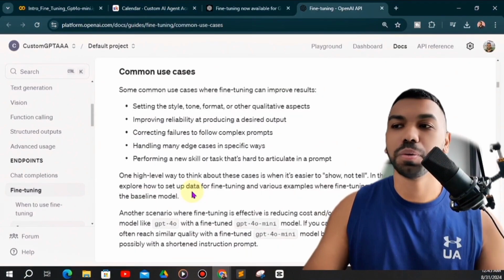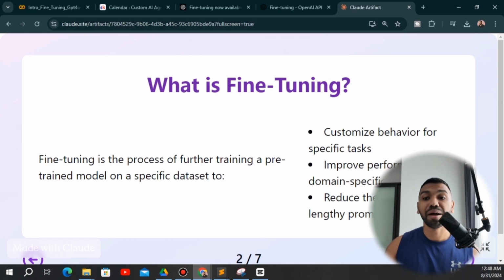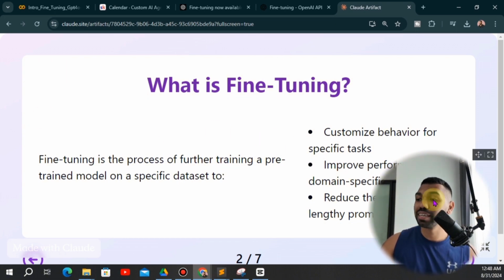All right, so let's go. Welcome to our comprehensive guide on fine-tuning GPT-4o mini. I'm excited to share with you not just how to, but also when, why, and some best practices straight from AI experts. We'll cover everything from basic concepts to advanced techniques, and I'll be sharing insights from our recent workshop